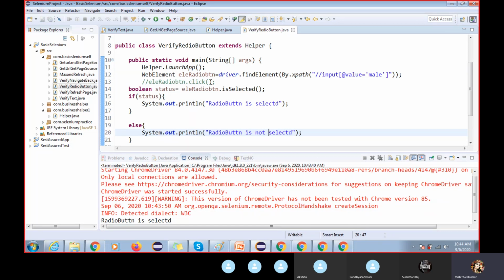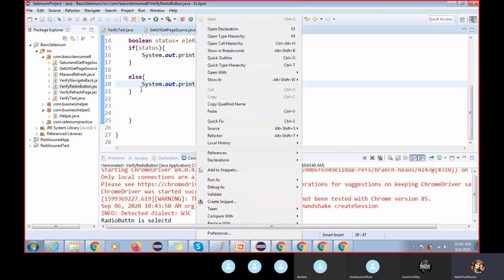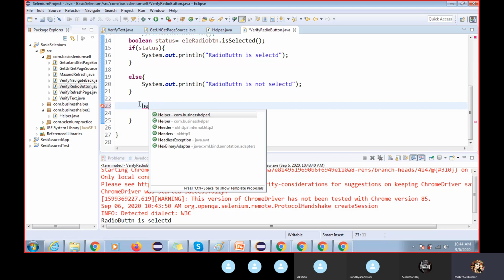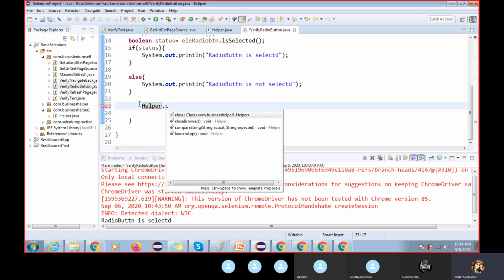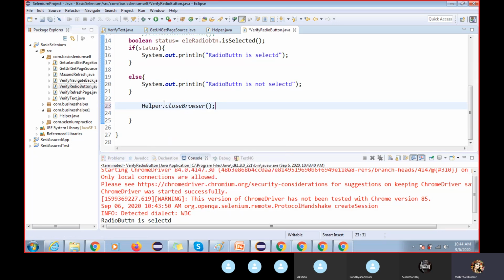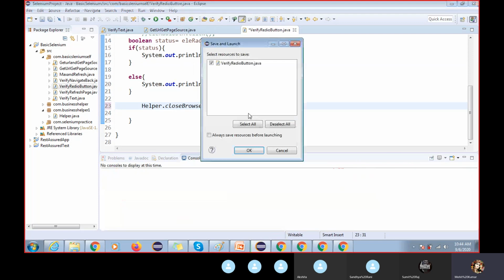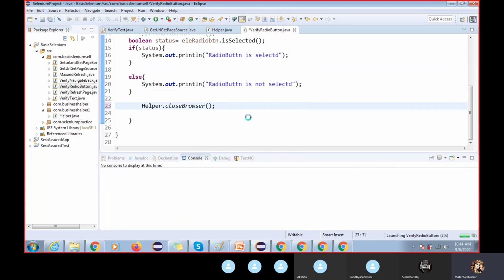Now I'm going to execute. It is better to close this, otherwise my system will slow down. Helper.closeBrowser. Again, I should not write driver.close again and again, right? Simply we can call this method and use this reusable method.